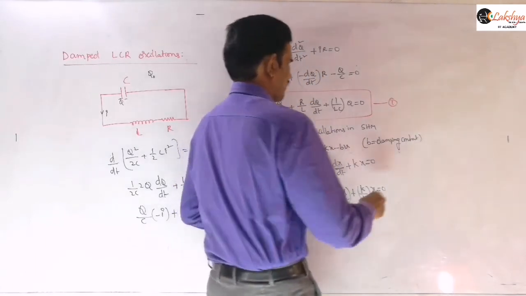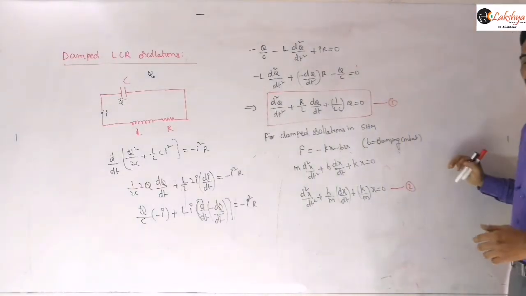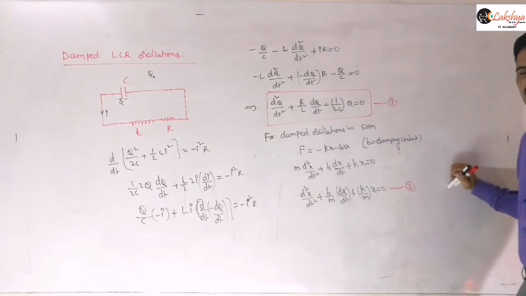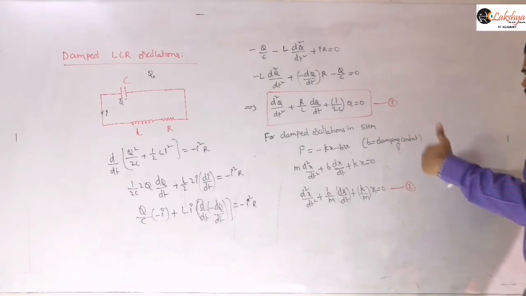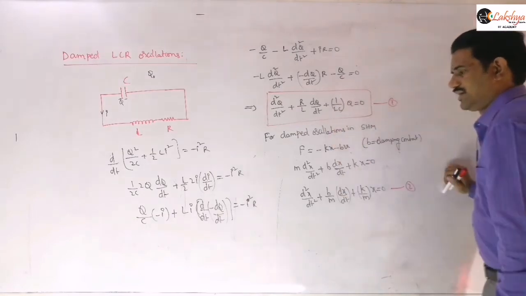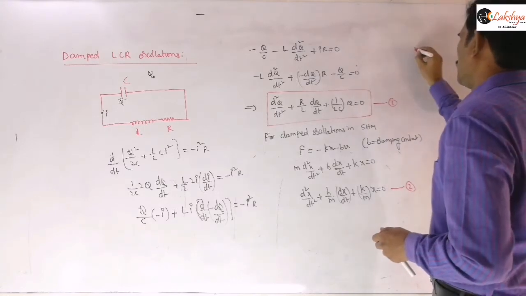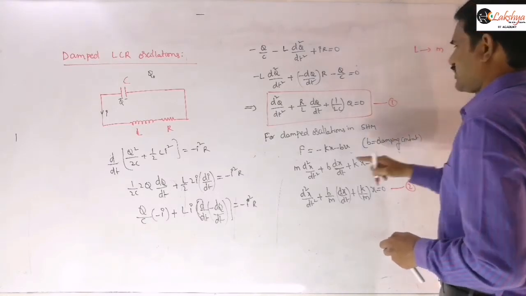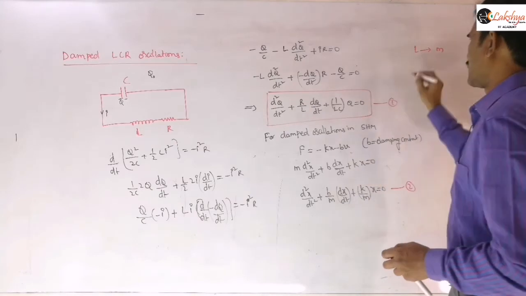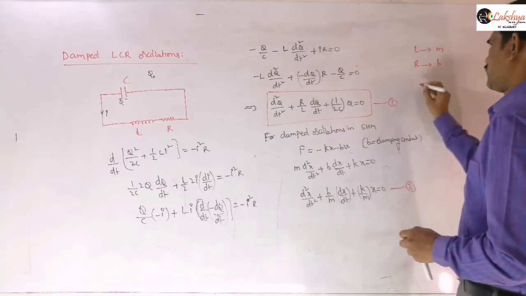And so now compare this equation 1 and equation 2 here. Actually this is one of the previous mains questions, last January 2020, that comparison they asked here. So if you compare these two equations, then M is similar to that of L and R is similar to that of B. So L is similar to M here. Wherever L is there, at such a place M is there in our standard equation. And then R is similar to this damping constant B here. And then K is similar to 1 by C.